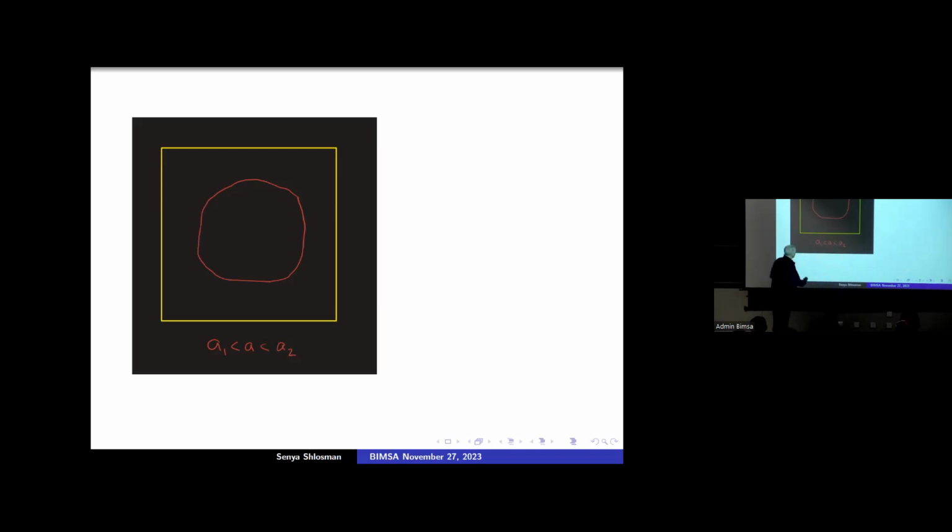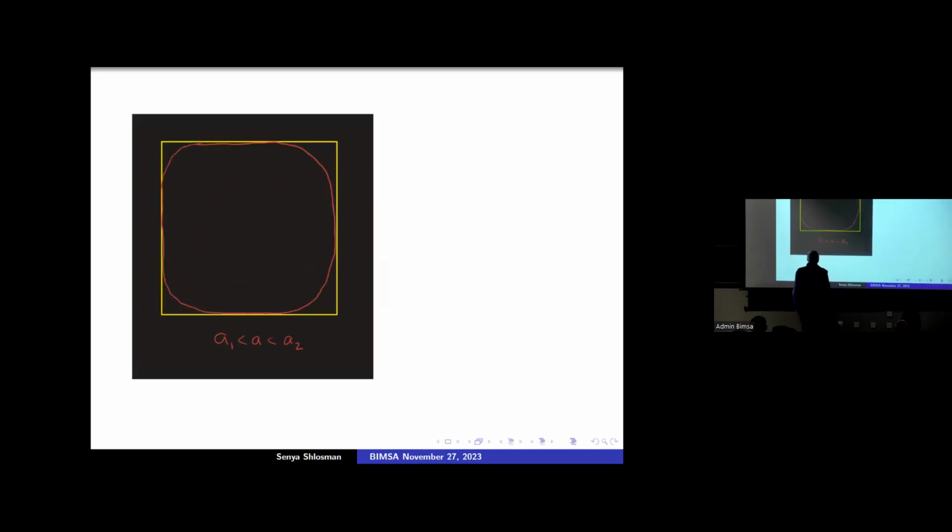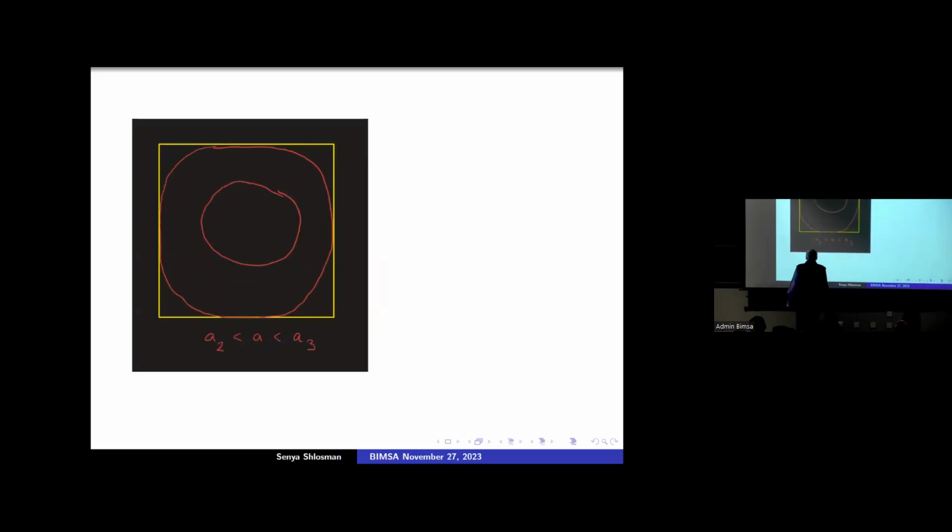And then you increase your A further, and this monolayer grows. And then you increase it still further, and it grows more. There are walls. They do not allow it to grow outside, so it grows like this. And then you go still further. And what you see is that at a certain moment, the outer contour shrinks back a bit, and inside the second one appears. So here we have height 0, here is height 1, and inside there it's height 2. So it's a cake with 2 layers. And that picture goes on.